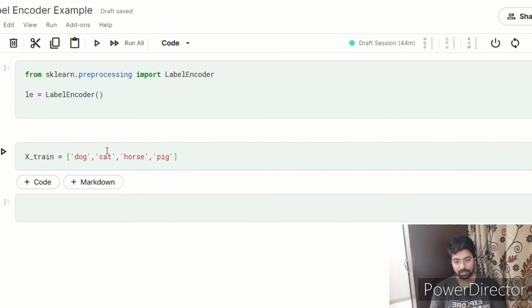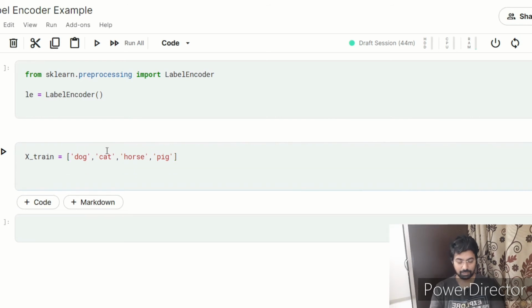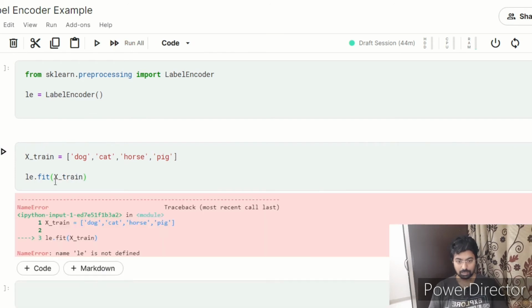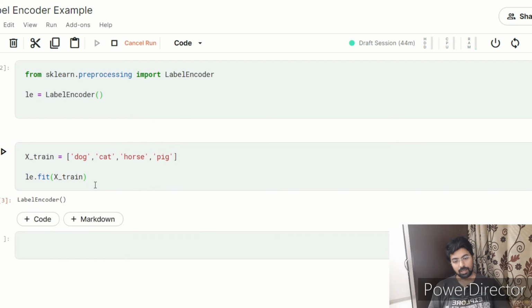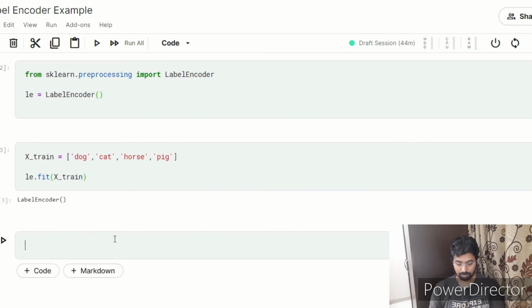And then if I try to fit it in the label encoder, I just fit it. Okay, I have not run it. I just fit it here, and now let me